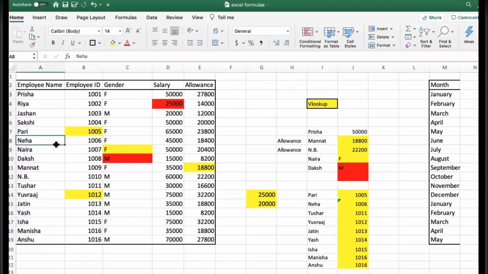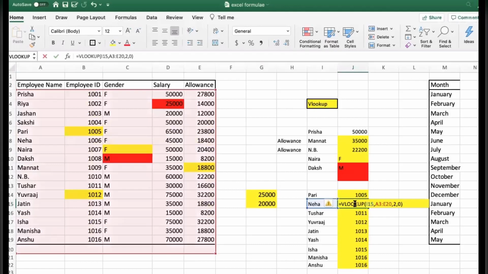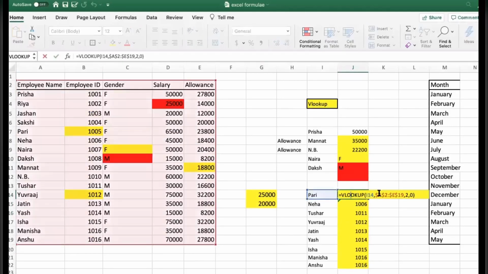If it's not in the first column, it will show an error, so you have to take care of this thing. The second thing is that you have to freeze your value. How can you freeze your value? By putting the dollar sign in front like this.